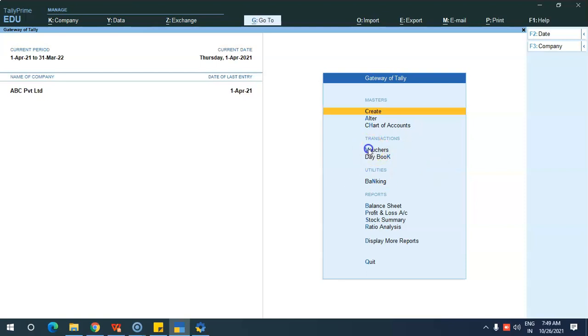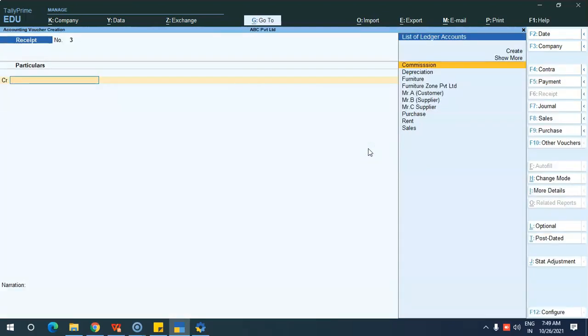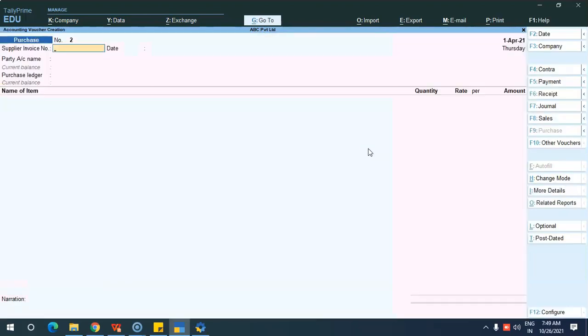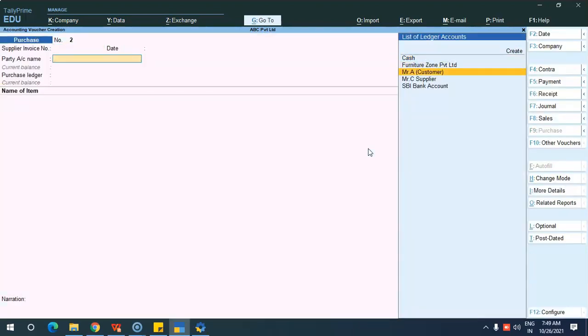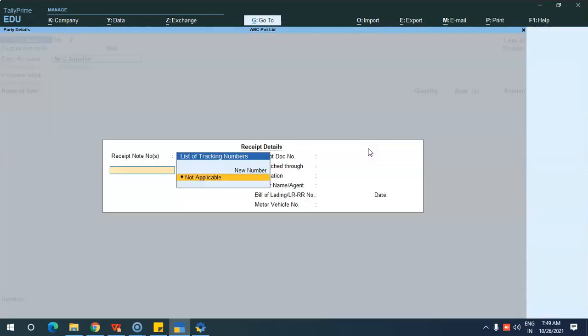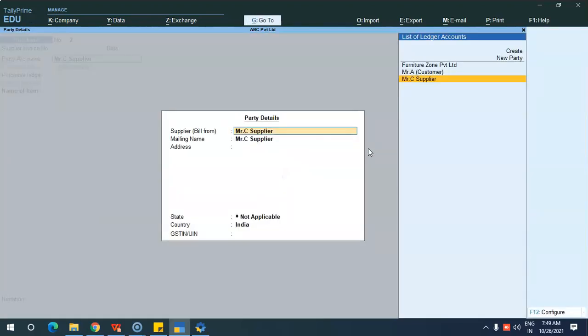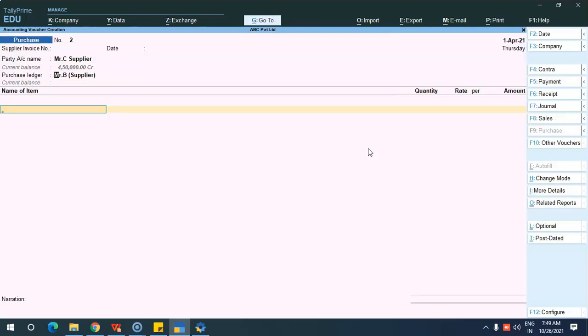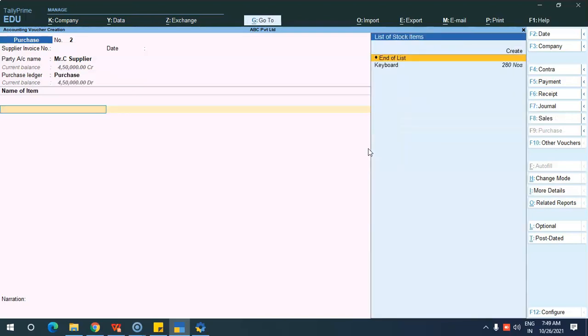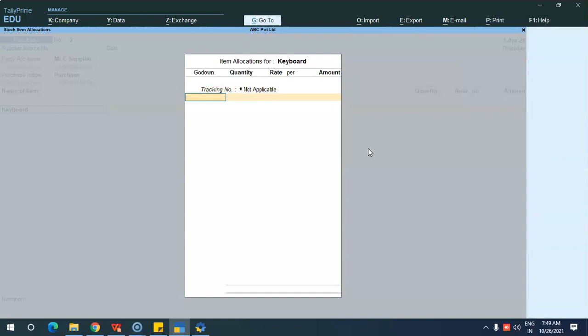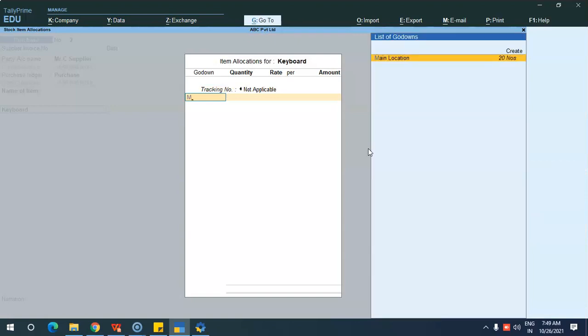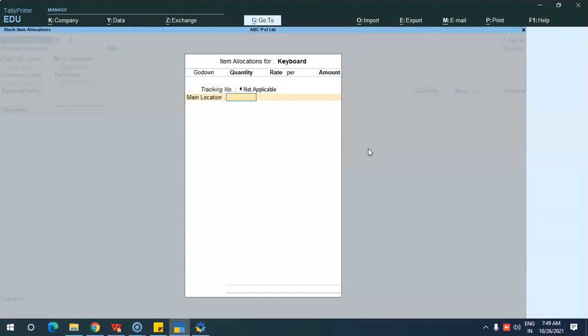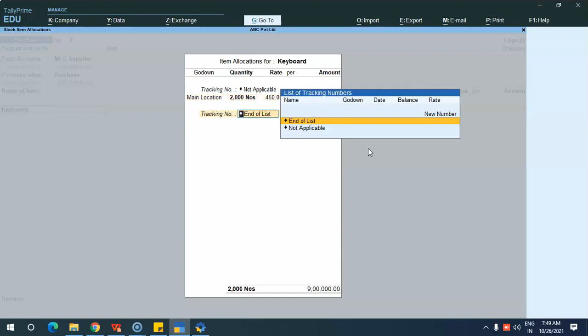Likewise you can also do the payment. For example, F9, purchase. For example, if you are making a purchase from Mr. C, from to main location, I am going to store now 2000.